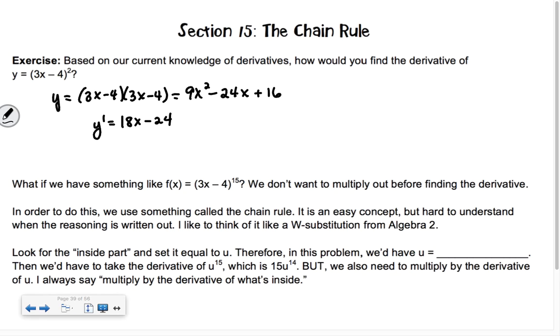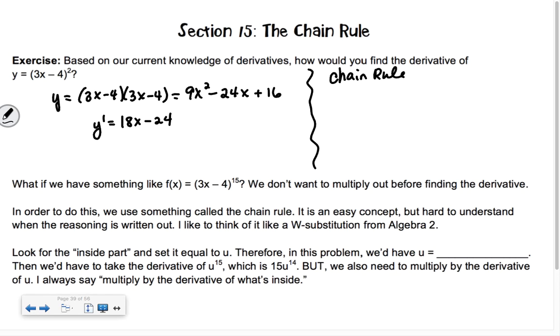Okay. But if we had something that looks like f of x equals (3x minus 4) to the 15th, we don't want to FOIL that out. That would take you all day. Like, that would take a really long time. So we use something called the chain rule. So it's a really easy concept, but it kind of is like u substitutions that you learned in Algebra 2. Okay, so basically what we would do up here with the chain rule